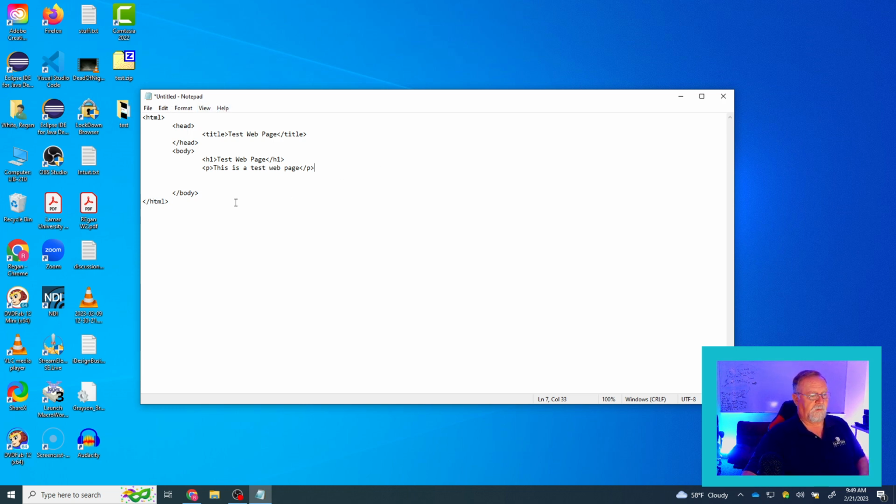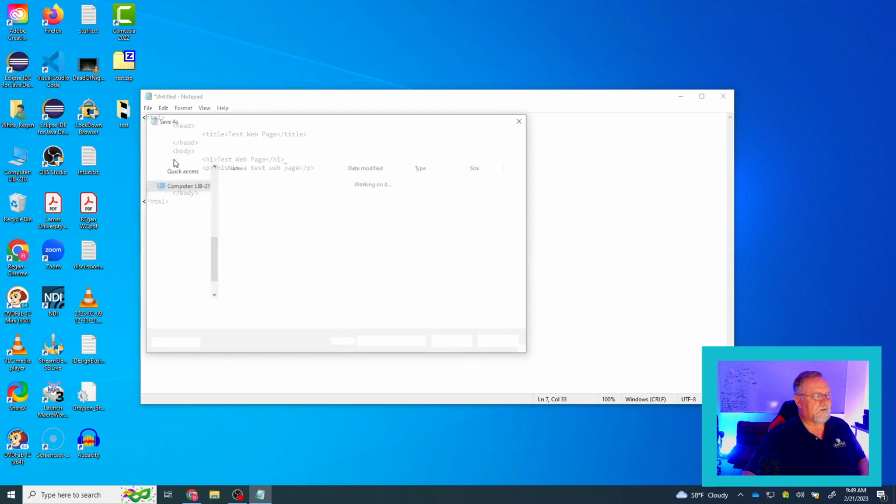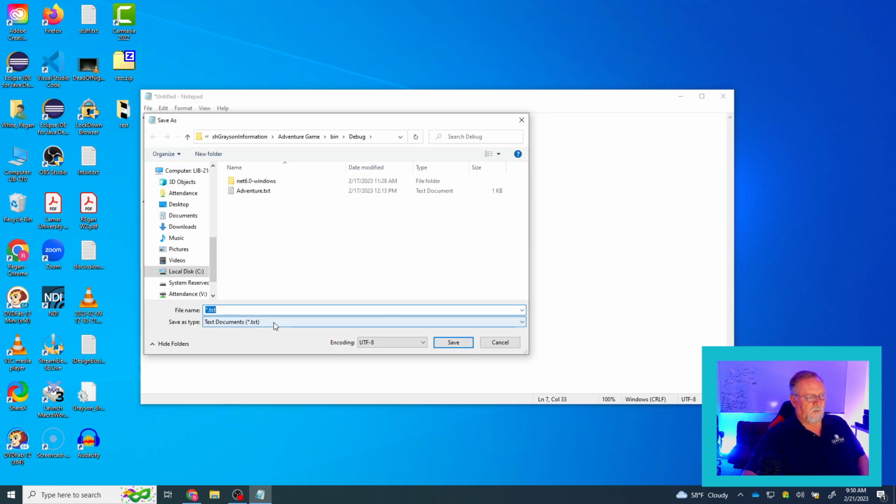This is a perfectly legitimate web page, but we have to save it before we can view it in the browser. If you open it in Notepad, it's just going to look like this. There's really nothing there. But if you save it, and we're going to go Save As, trick number 1, we don't want to save it as a text document because it will automatically put the TXT extension on there, and we don't want that. We're going to save it as All Files, which means I can put anything I want as an extension, and we're going to call this